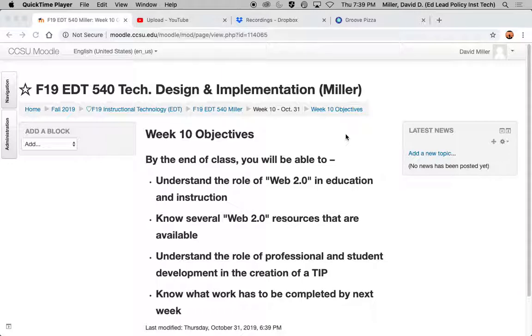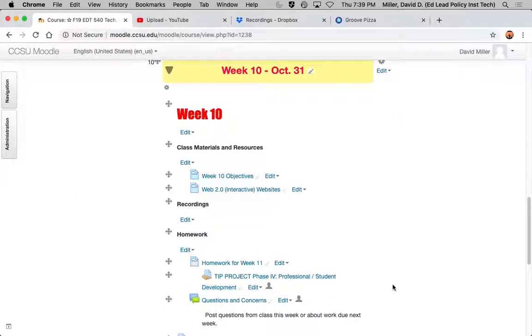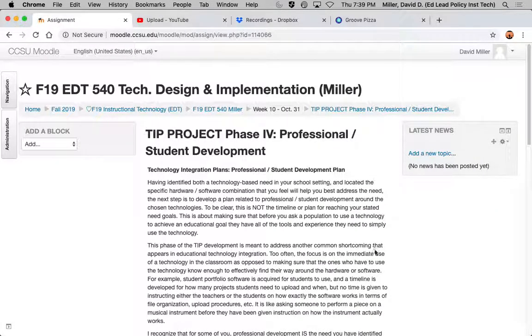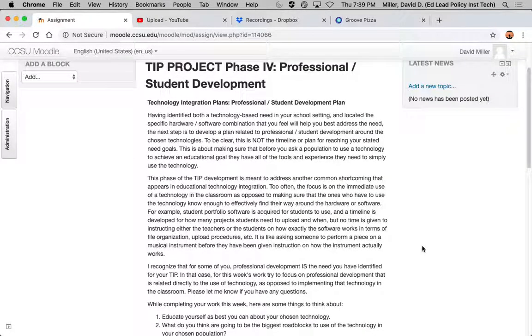All right, so the technology integration plans. I'm going to jump right to homework from tonight. So phase 4. So far, you had a chance to look at existing plans.